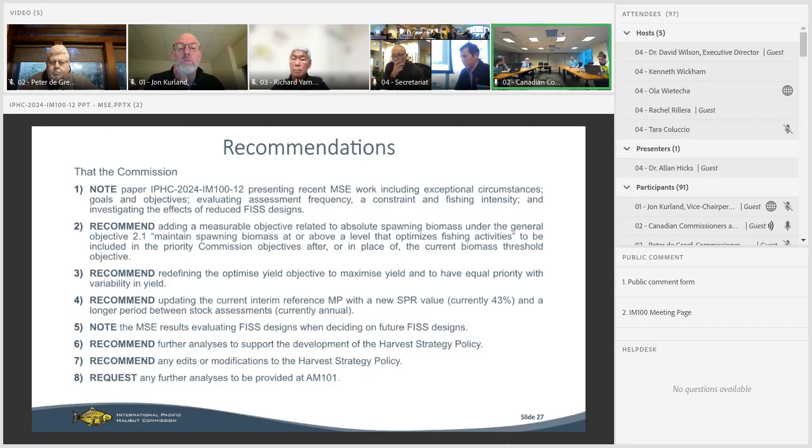I am curious, and it doesn't have to be today, to understand what it would mean in terms of our ability to meet all of these objectives, given it's another hurdle, if you like, to get over, and what the cumulative or interacting consequences would be if we said we want it in addition to. So now we have to meet a relative supply and biomass objective and an absolute. But I realize that may be hard to answer in the moment and have something to follow up on.